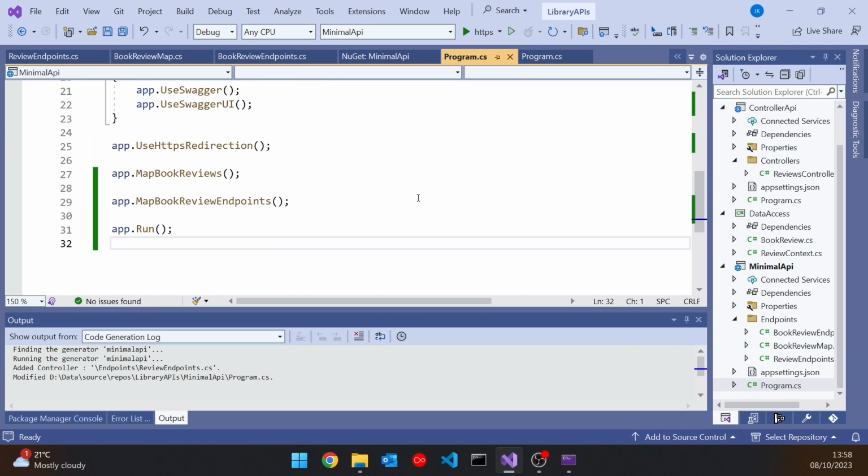And you can also see that as well as my map book reviews, it's put the map book review endpoints in there as well. And that would give us absolutely everything. Obviously, as I say, not quite working, but with a bit of work, we can get that going. So that's what we've got. We've got almost everything working, but we haven't really got the Swagger information in there. We saw that we're getting very minimal information, not what we have with the controller.